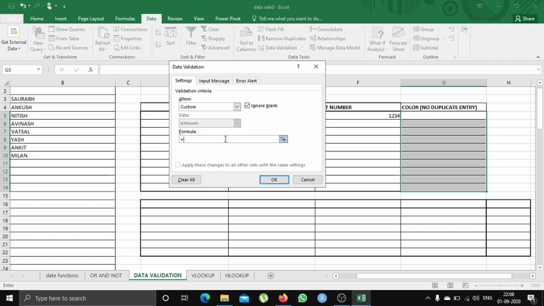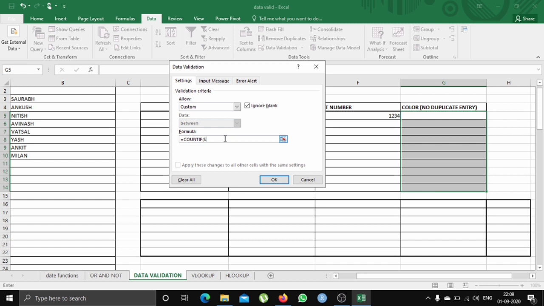As we don't want the values to be repeated, we'll use the COUNTIF function, to count how many times a value appears, or to restrict the number of repetitions. So enter COUNTIF. Make sure you enter the whole cell range with the $ sign, as we want it to be constant throughout the column.